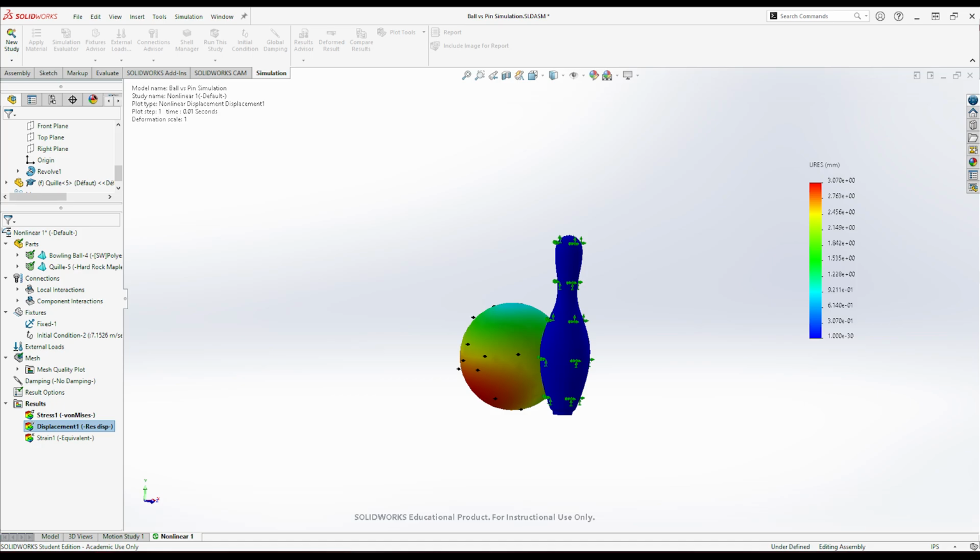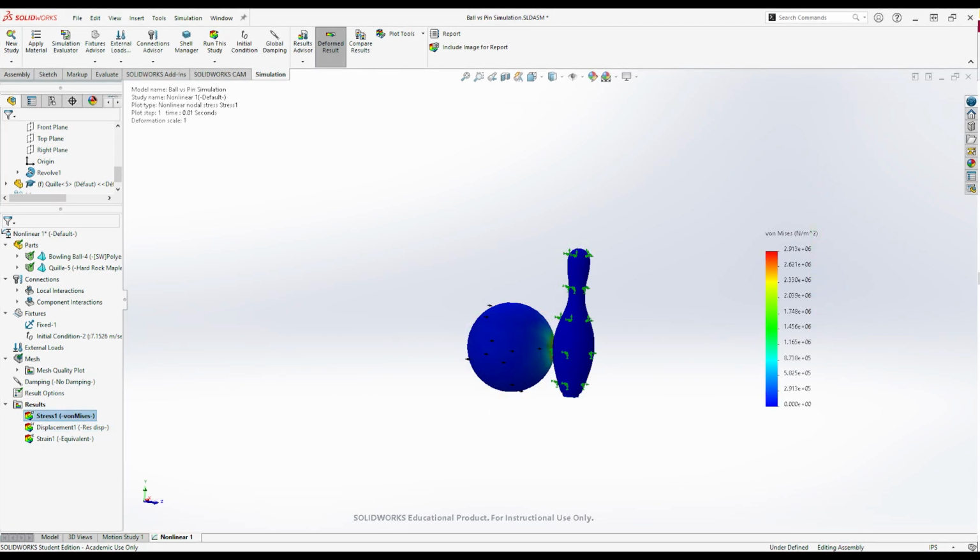Next, we looked at the bowling ball hitting the bowling pin. First, we're going to look at the displacement graph. We did a similar process as I outlined beforehand. We can see that there's going to be high levels of displacement, but then when we look at the von Mises diagram, we see that the only place that there's stress is right at the contact point, which makes perfect sense with what we know the real world is going to have, and that is a key part of what